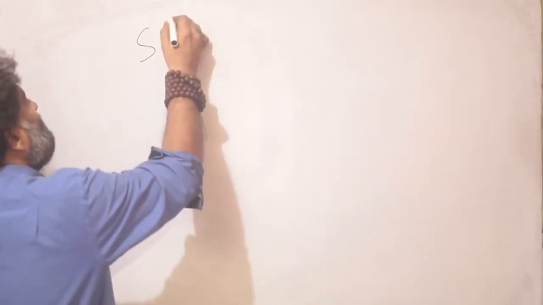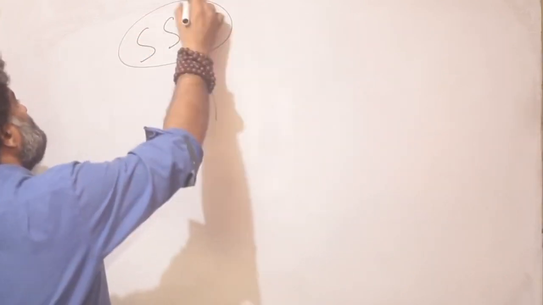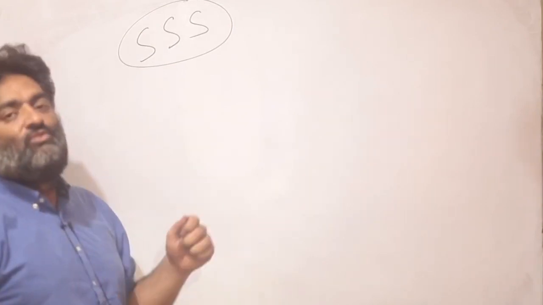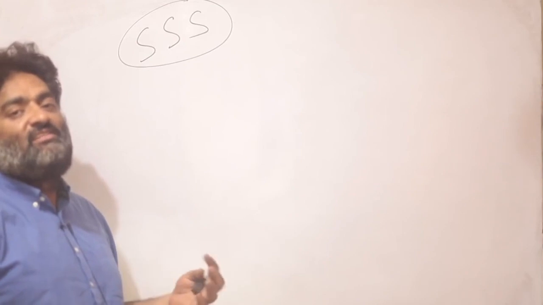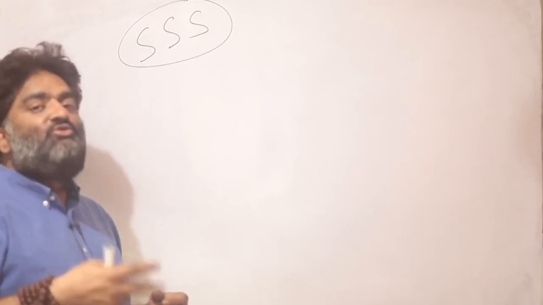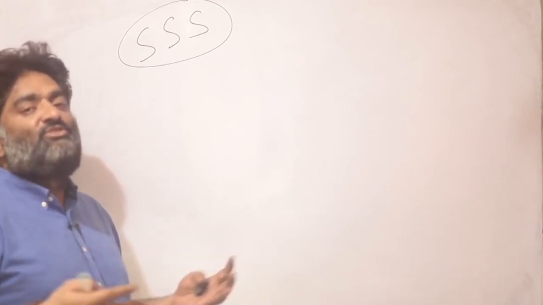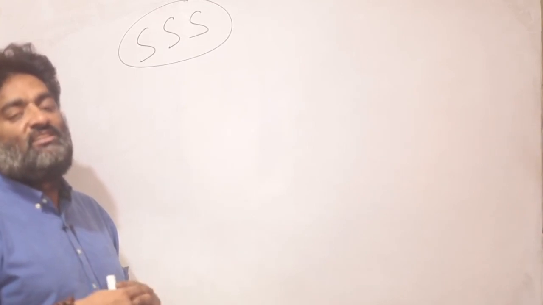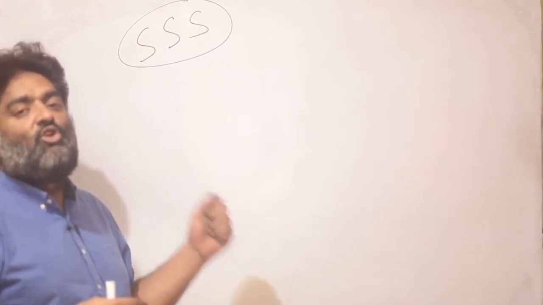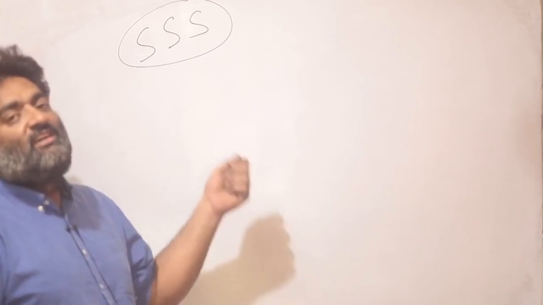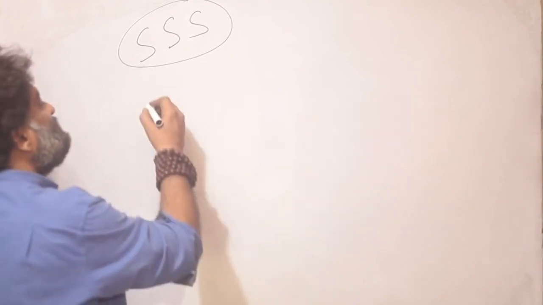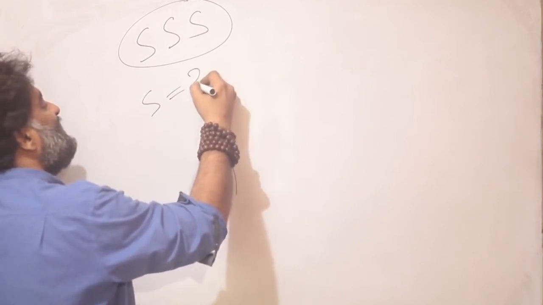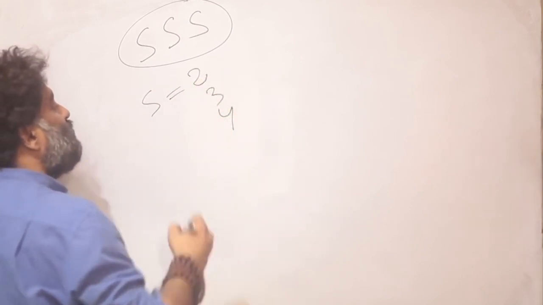So finally we are coming to the first rule of congruence, and that is the SSS rule, which says that if 3 sides of one triangle are respectively equal to 3 sides of another triangle, the triangles are going to be congruent. Just knowing the result is not enough, we must ask ourselves why this is happening. So say it is given to me that the sides are 2, 3 and 4.